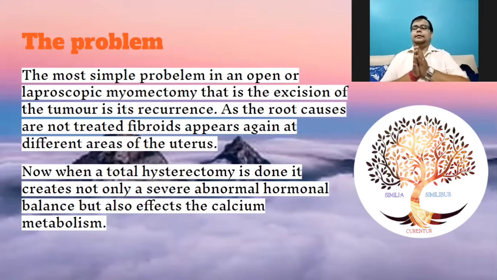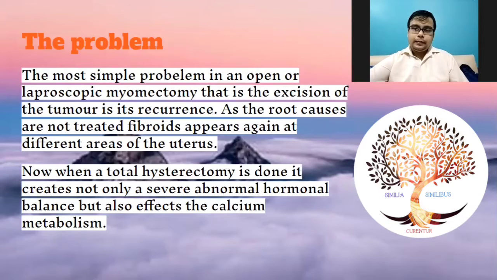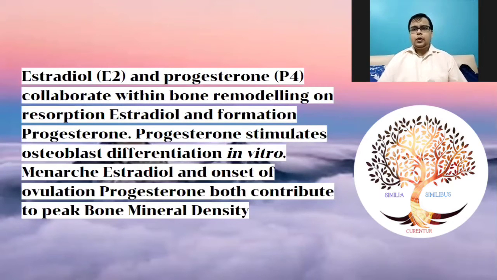As a result, even after surgery, whether laparoscopic or open, there are many times recurrences of the fibroid. In the secondary times, the fibroid appears in another place, and there are even more chances of growing multiple fibroids when one fibroid is removed. And whenever a total hysterectomy is done, because in many cases there are too many fibroids, what happens